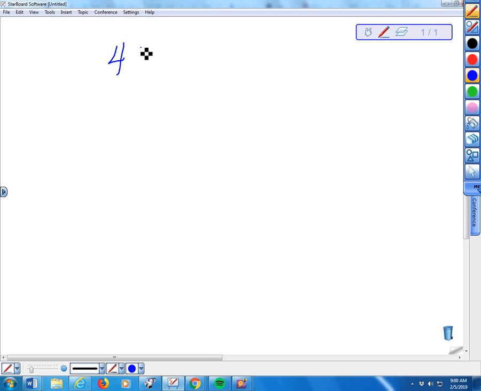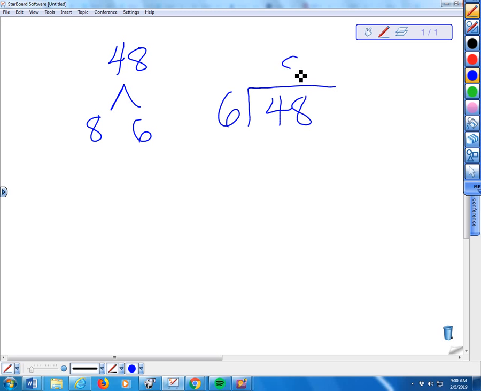If I ask you the factors of 48, give me just two numbers. 8 and 6. 8 and 6 are factors of 48. So if I took 48 and I divided it by 6, I get 8 with no remainder. So when we factored quadratics, maybe,